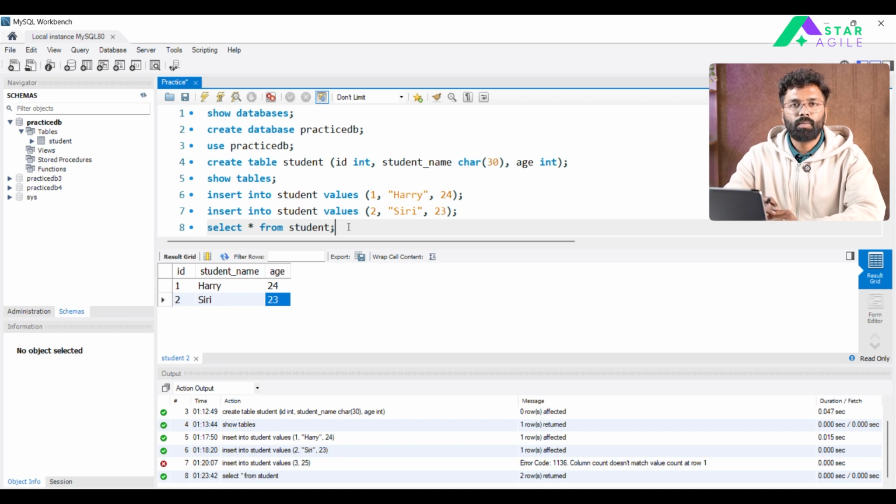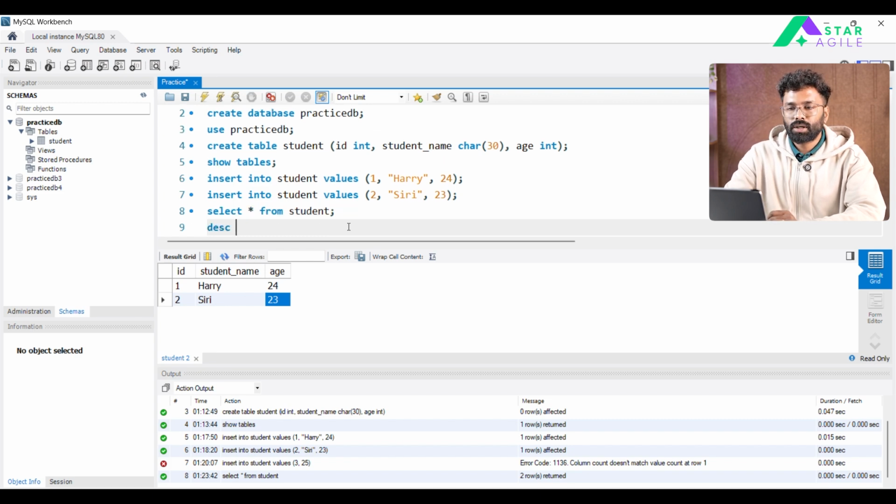Now I'm talking about table structure. So what is the structure of the table? Basically, what are the columns I have in a table, and what are the data types I have for each column. So for that, the command we need to execute is describe, and next the table name. For what table do I want to see the description? Student table. So I'll give describe